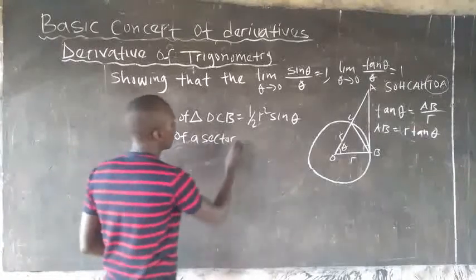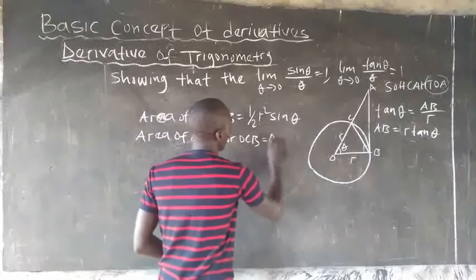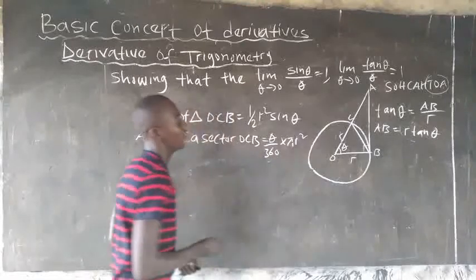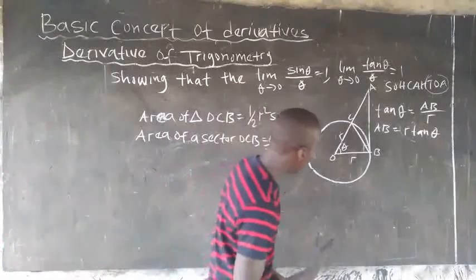Area of a sector OCB, which is equal to what? Theta over 360 times pi r squared. That is the second thing. And the third thing here is to consider the area